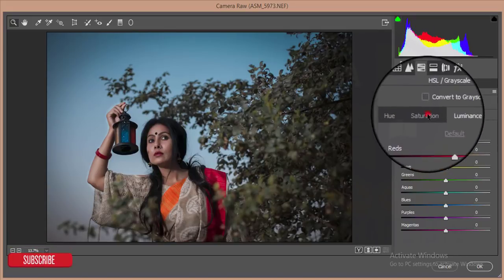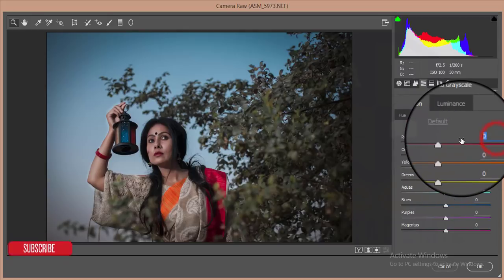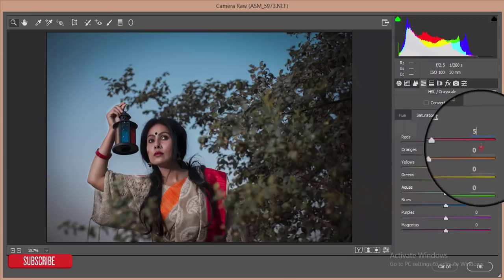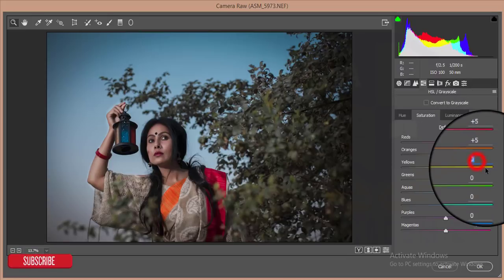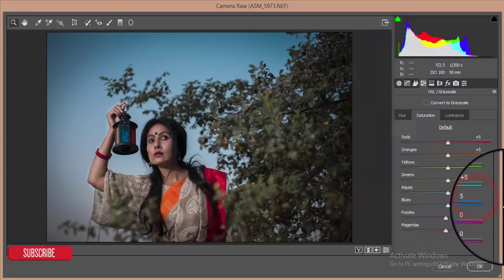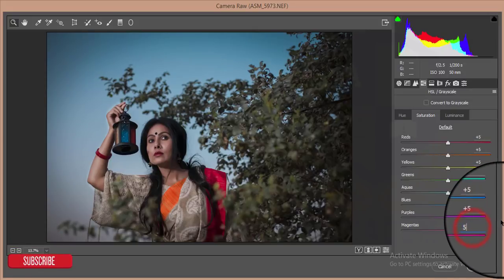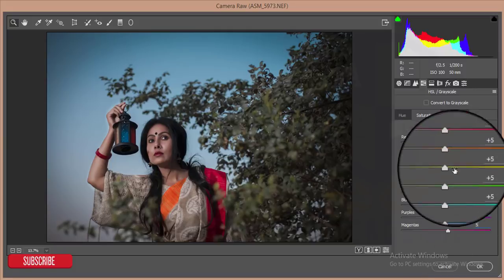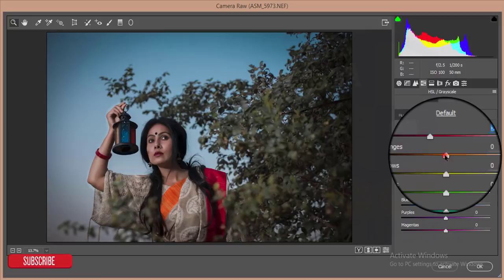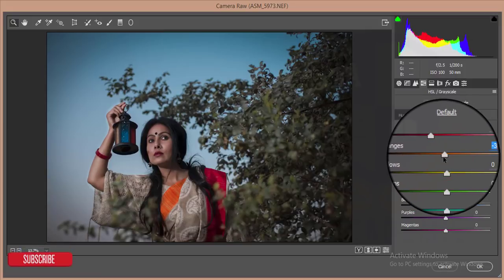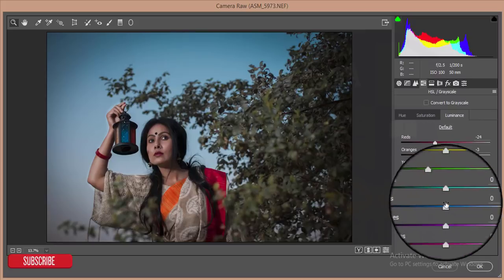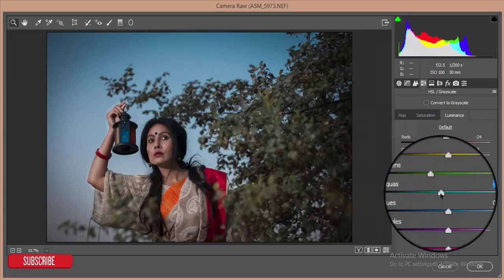After that I will increase all the color saturation, only for the red one. I'll give it 5, and the orange one 5, yellow 5, green 5, aqua, blue, magenta, purples, all the 5. And then luminance, I'll reduce the luminance of the red and also the yellow, green. Okay,